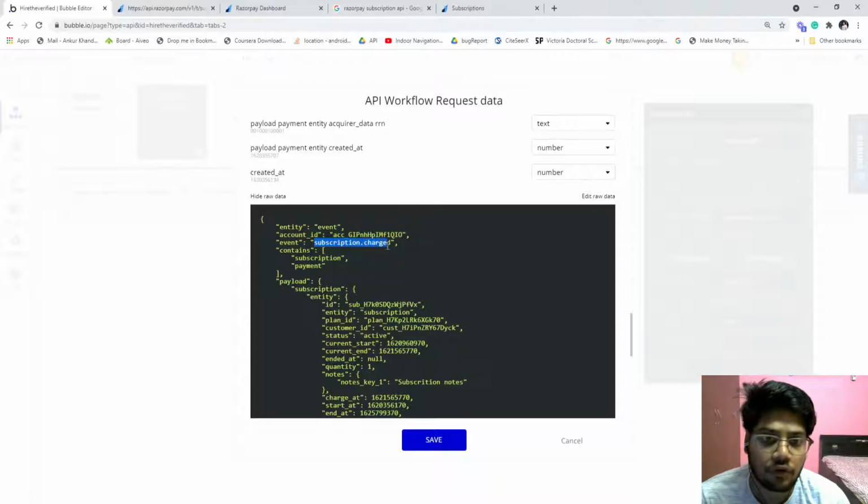Yeah, it is subscription dot charged, not payment dot charged.